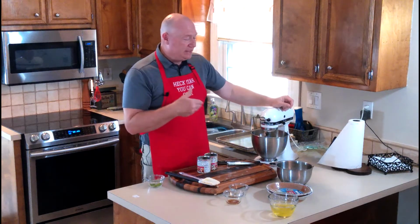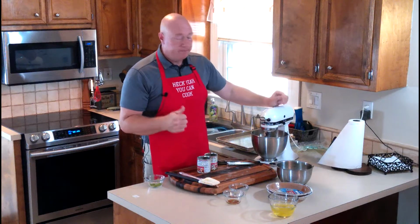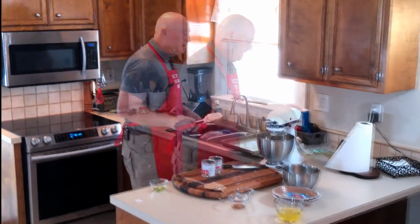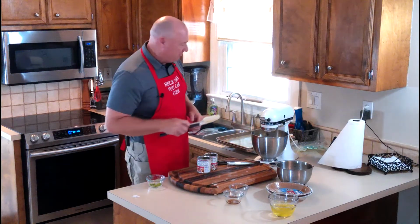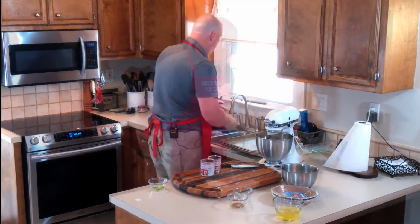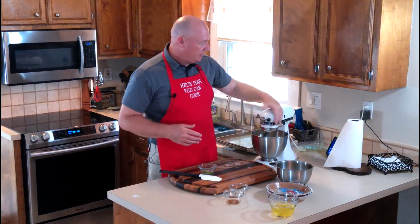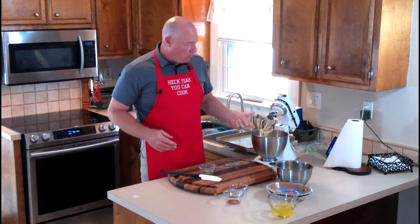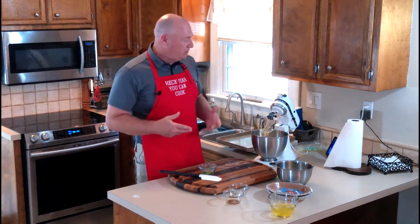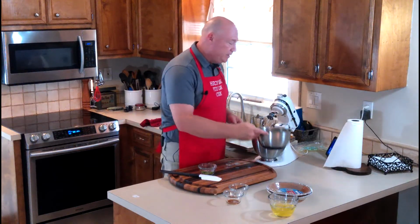I want to get this a little thick beforehand, so I let this go about 2 minutes on medium speed. Good time to clean up as you're working along. Once it starts to get thickened, and I can show you, you see it start to pour off. That is when I add the lime juice,